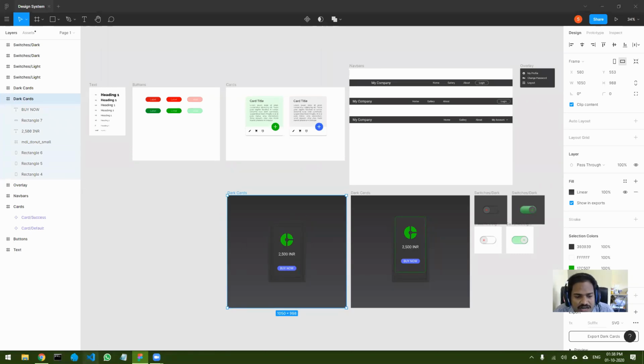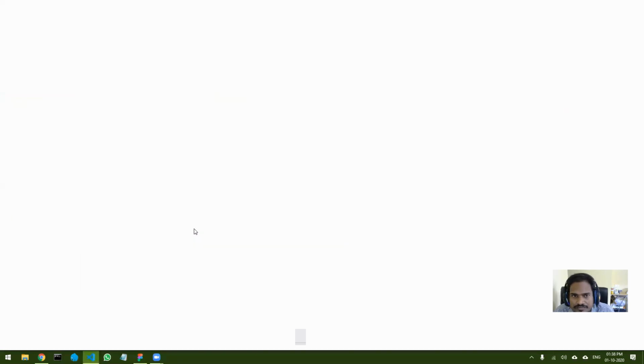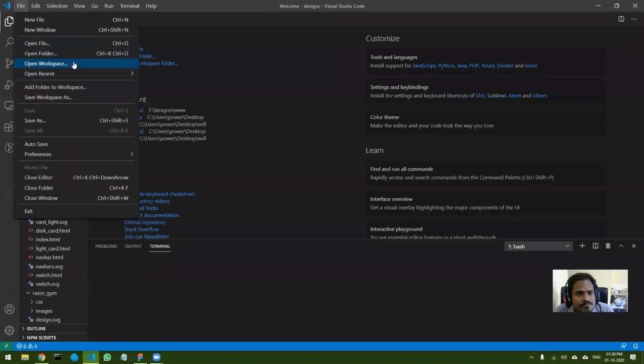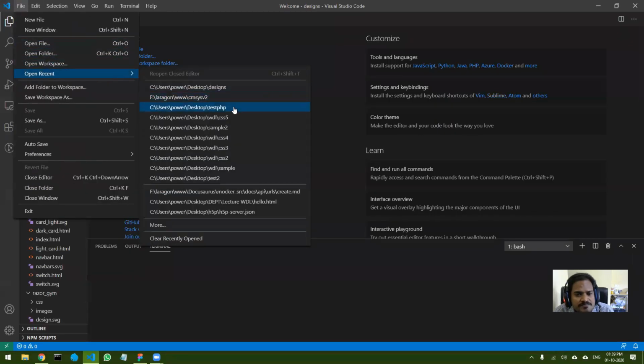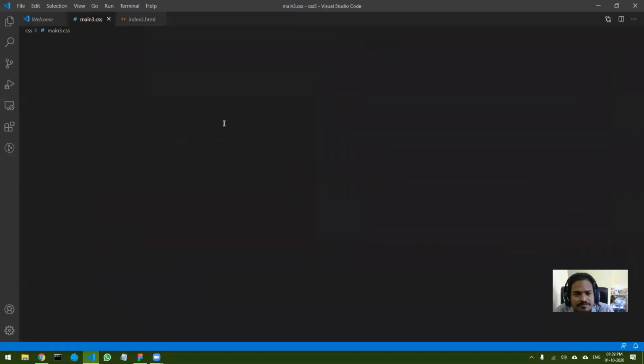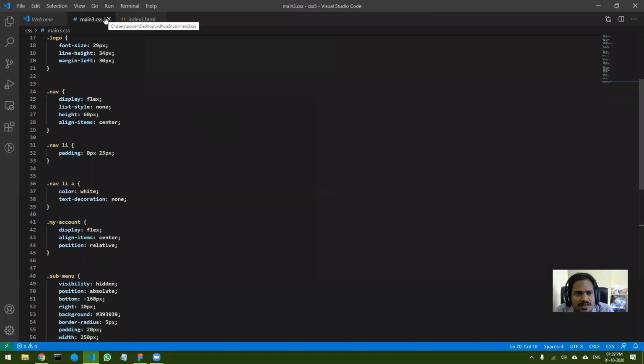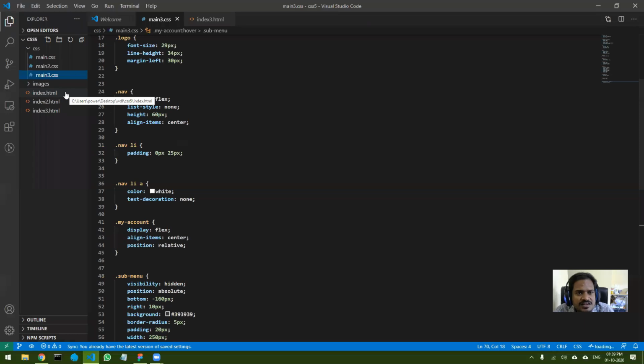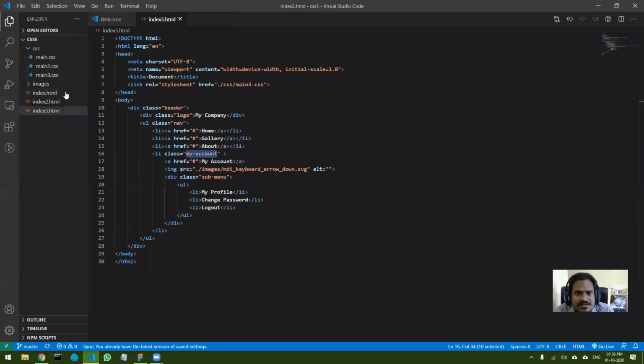So let's start Visual Studio and open CSS5, our last week's folder. Okay, in fact I think we should create a new folder for today, right?